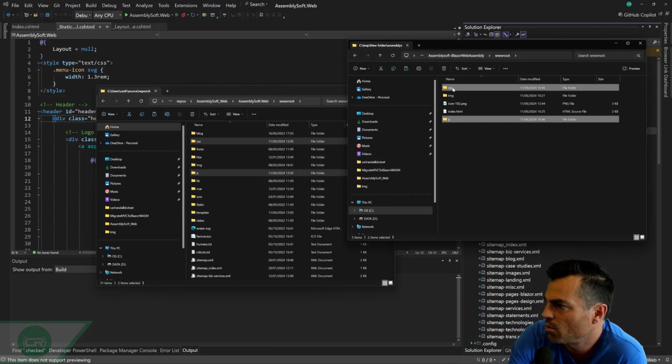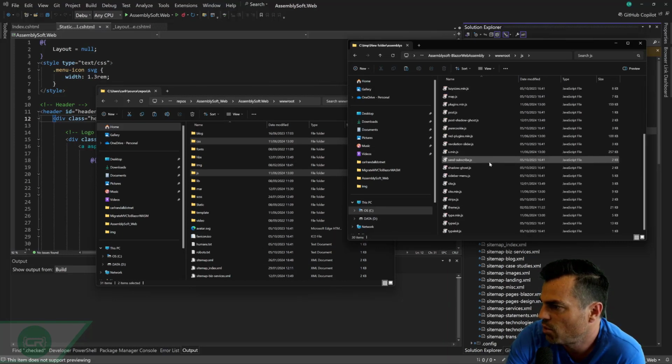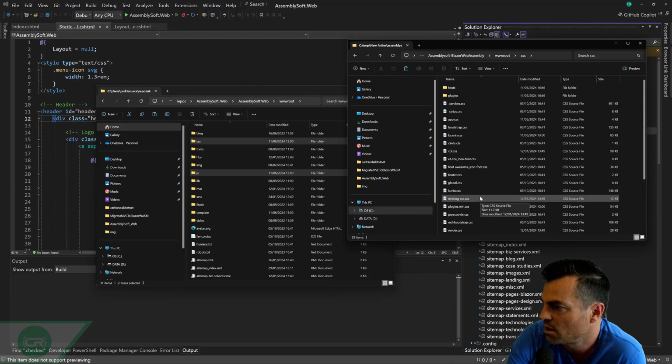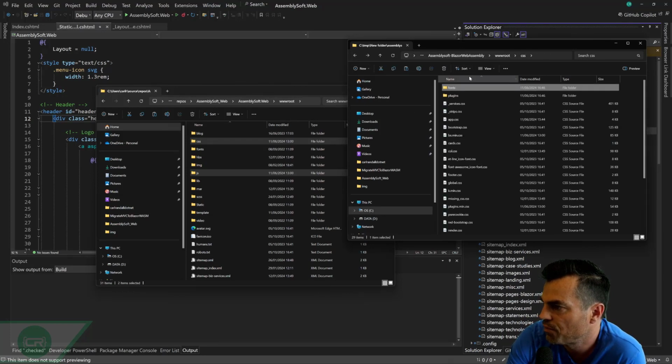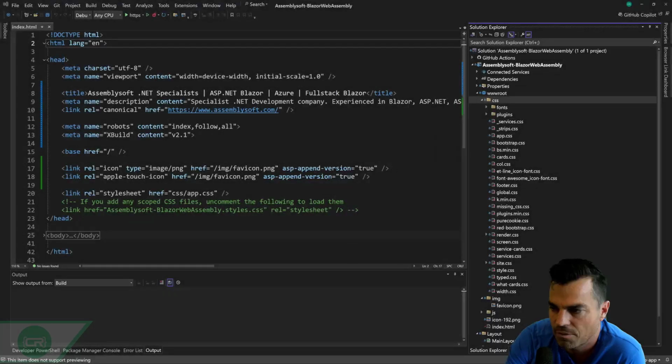That's added those in, and now if we use the File Explorer, we can see a number of different files in there. We will explore those in more detail soon. We've also got the CSS along with some plugins that we're using and some fonts as well. So nothing crazy going on there, but if we flip back now to our Blazor WebAssembly app inside Visual Studio,